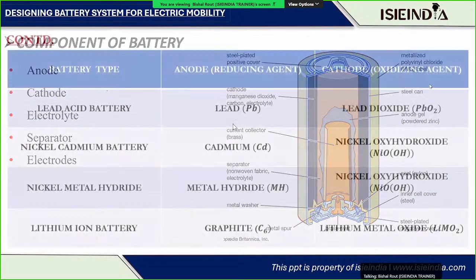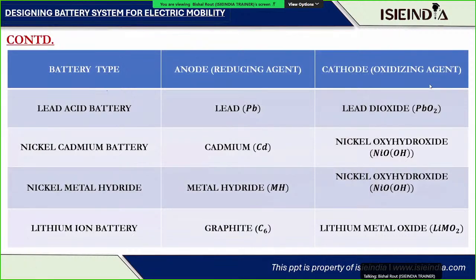So we cannot cover that. So this is the basic, basically lead acid battery have a negative electrode. These are all the negative electrodes of every cell, and these are all the positive electrodes of every cell. You can see lead acid battery negative is made up of lead, positive is made up of lead dioxide,